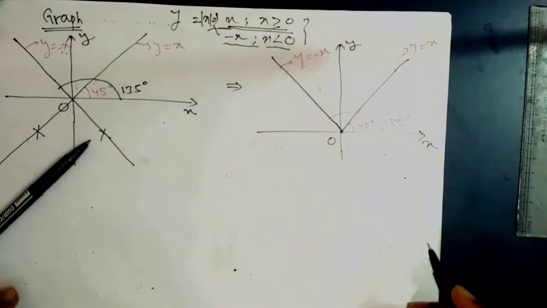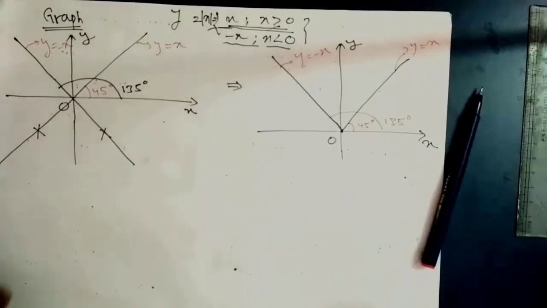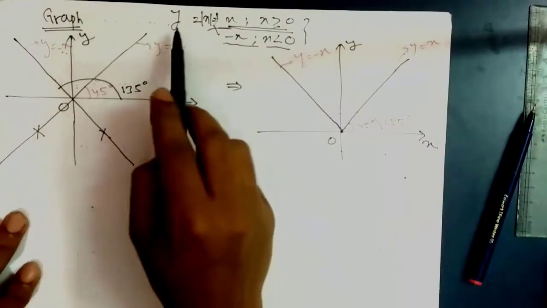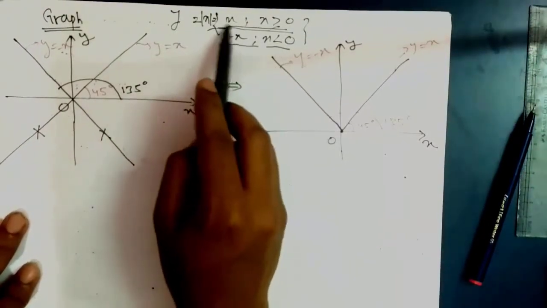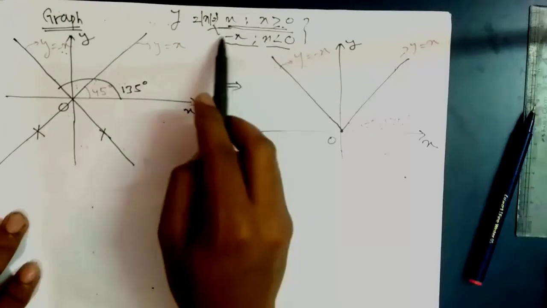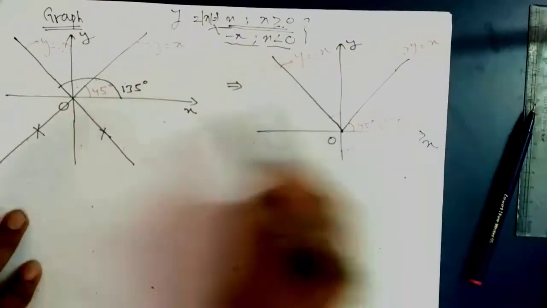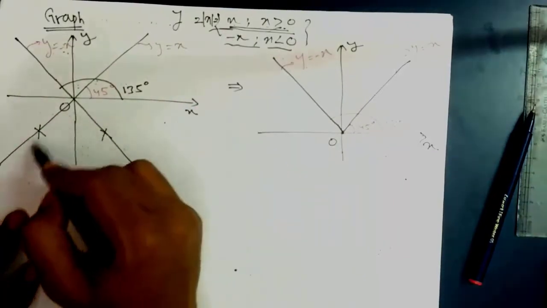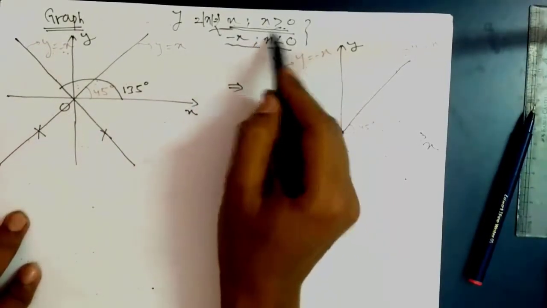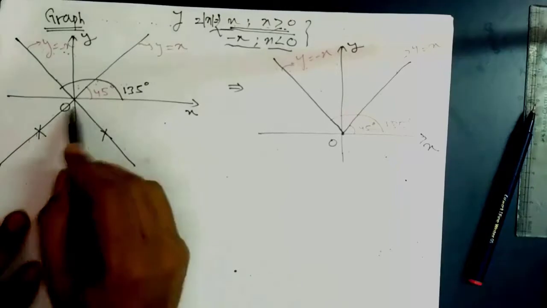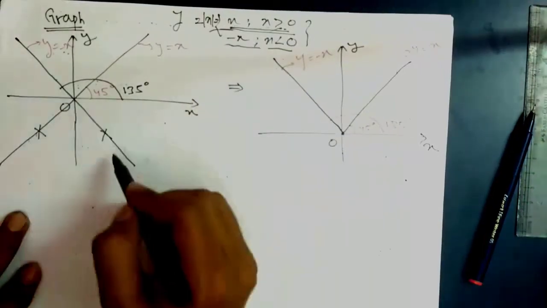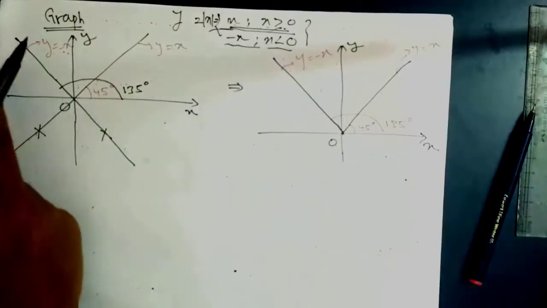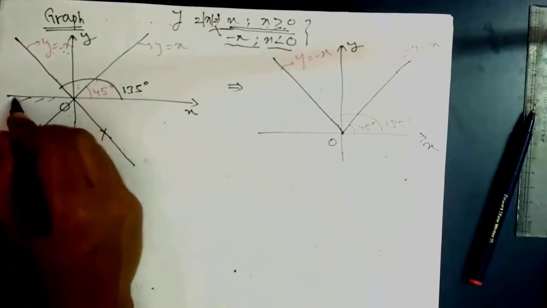Okay, so let's move ahead now. I hope you're following. Let's revise once. Graph of the modulus function, y is equal to mod of x. We define it to give the value of x when x is greater than 0, and the value of minus x when x is less than 0. So this is the y-axis and x-axis. You draw the graph, and you need to erase the parts for which the interval is not valid. This part is not valid for x less than 0, and this part is not valid for x greater than 0. It's valid only for x less than 0 on this part.